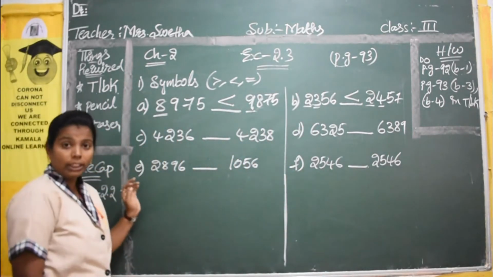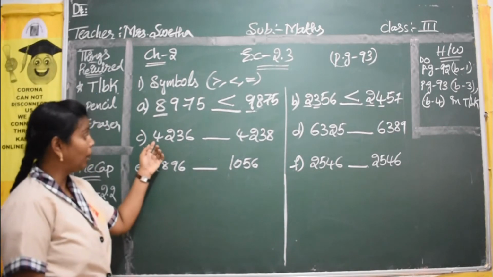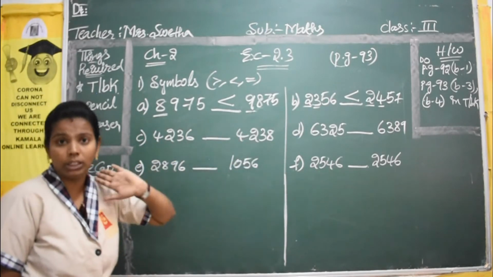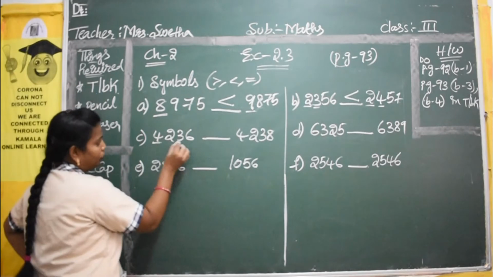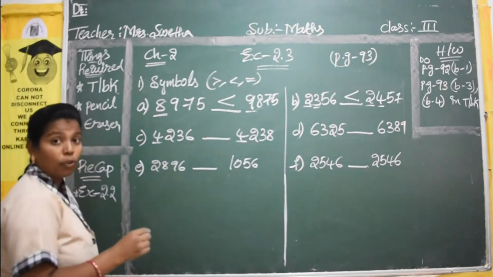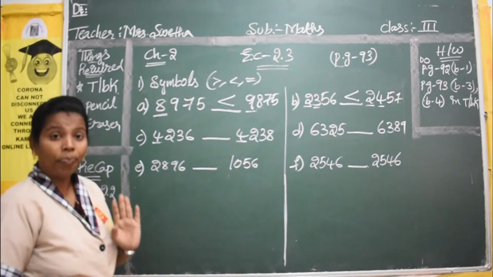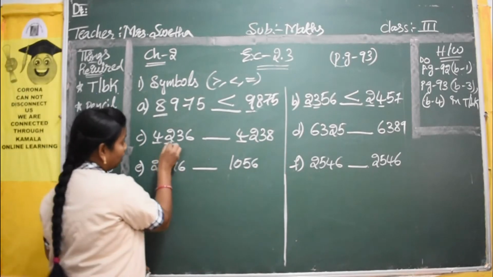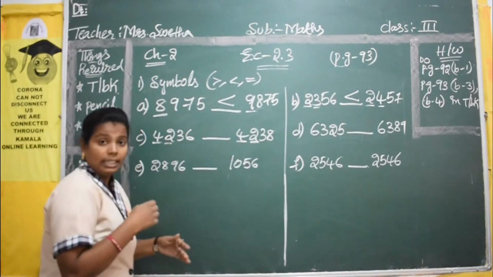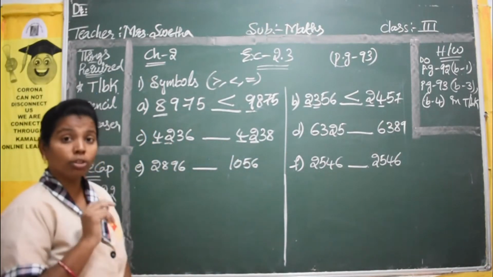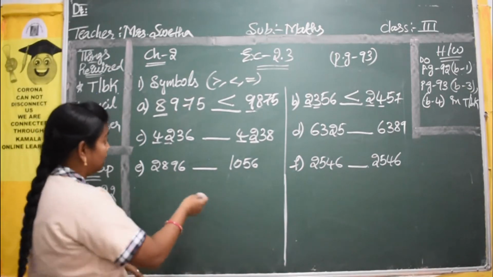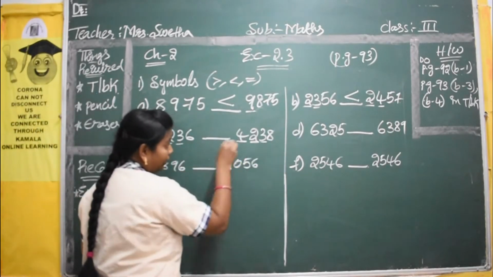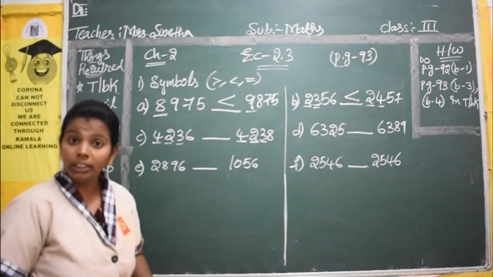Now we will come to the third one here. Here you have 4 digits, and here again you have 4 digits. So go for individual checking. 4, 4. Again this 4 and 4 is also same. So go to next digit. 2, 2. See here the second digit is also same. So go to third digit again. 3, 3. See here the third digit is also same.